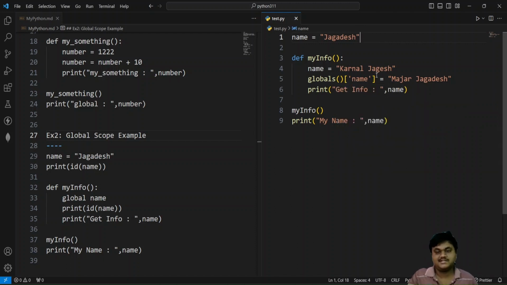In this dictionary, there is a keyword called name. Using this keyword, I have access to it and I have updated or modified this name value, this Major Jagdish to Major Jagdish. Not only Major Jagdish, you can take here, you can take like